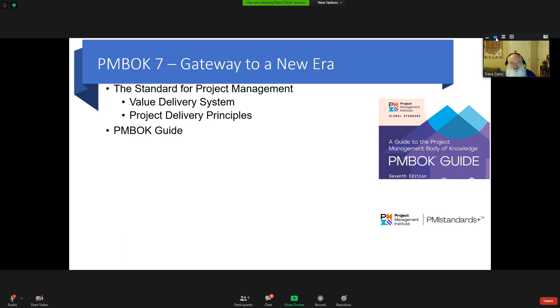PMI actually uses the term predictive, not waterfall. The market uses waterfall or software development life cycle. It really doesn't matter. I think it's kind of like more upfront planning and well-defined tasks as opposed to more iterative and continuous improvement and development. So the PMBOK guide, now that's the framework for applying the standard. So the standard's how we do this stuff, these are our principles, and then here's how we're going to apply them. And they are heavily into this term tailoring.